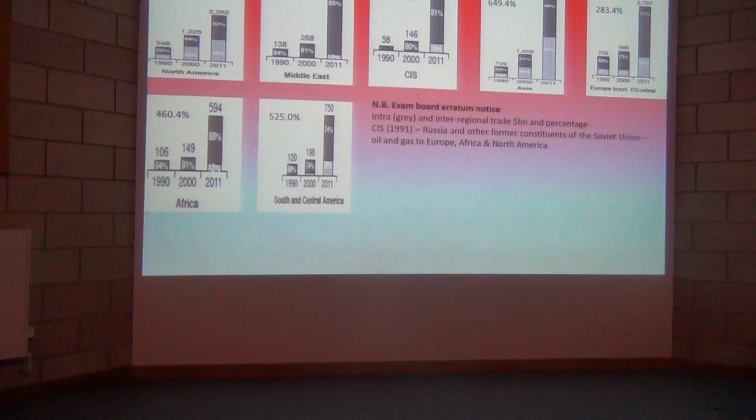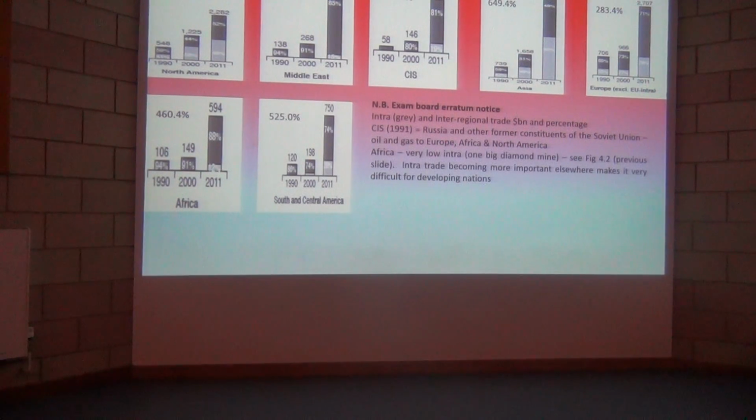I've made a note there that Russia and its former constituent blocs would obviously be primarily exporting oil and gas to Europe, Africa and North America. If we now look at the case of Africa, you can see